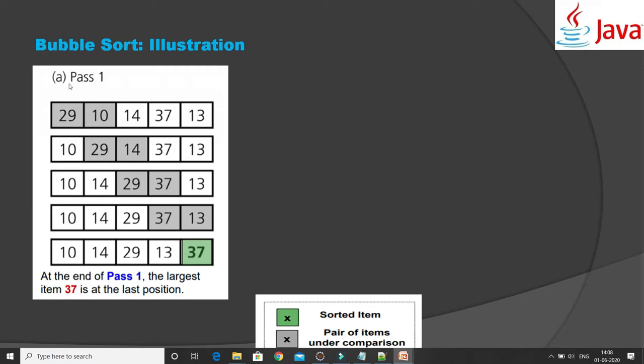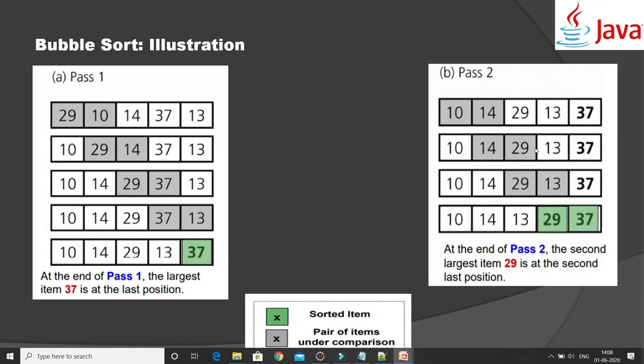After one pass or one iteration, the greatest element would be the last in the array. This is the correct position where we want to keep the greatest element. A similar process happens in the next passes, where we again start comparing, and the second greatest element would be kept on the second last index in the array.